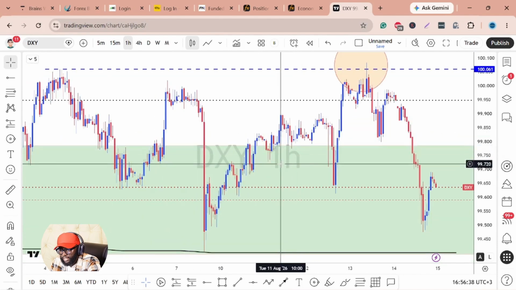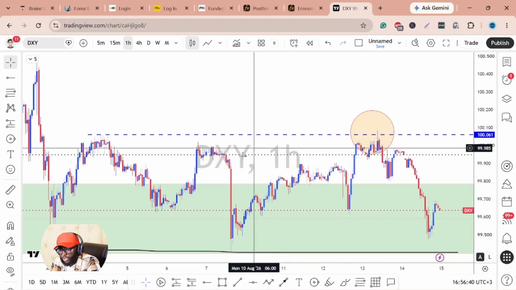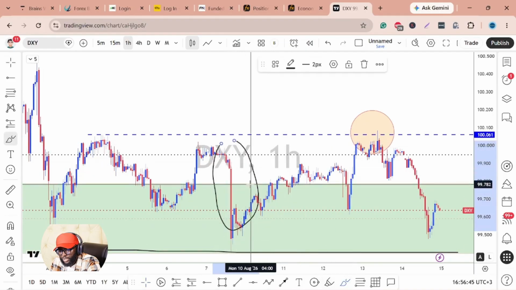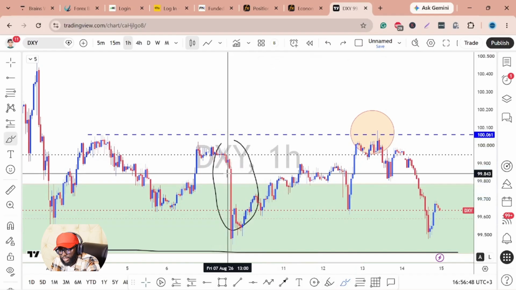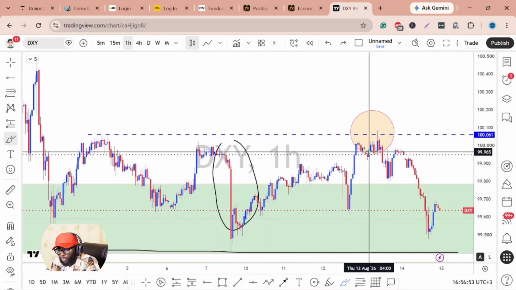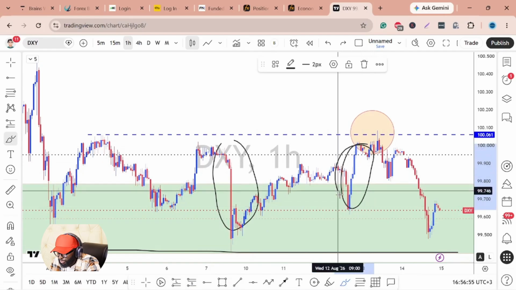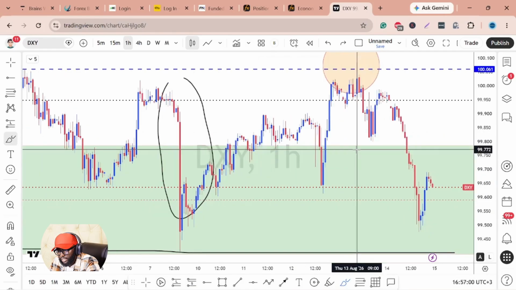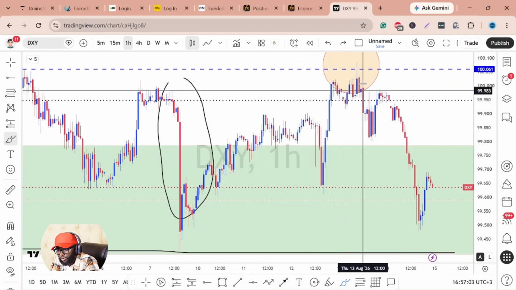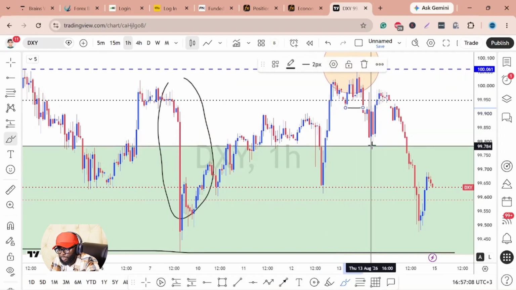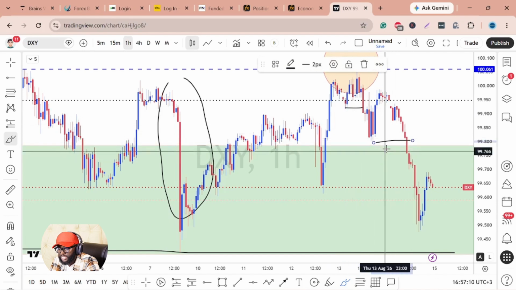Now, looking again at the candlestick momentum, you can see that at any given time you are seeing very bearish price action. You can see this momentum candle on DXY, signifying that we have strong bearish momentum. And again, we had some little bullish price action momentum, signifying that buyers were getting strong, but again it did fade off once we did this sweep over here. So immediately after that sweep, you can see that price has been making lower highs